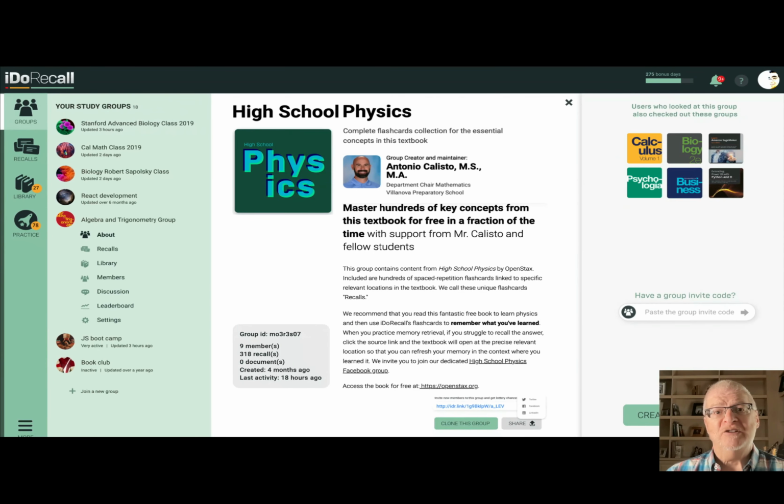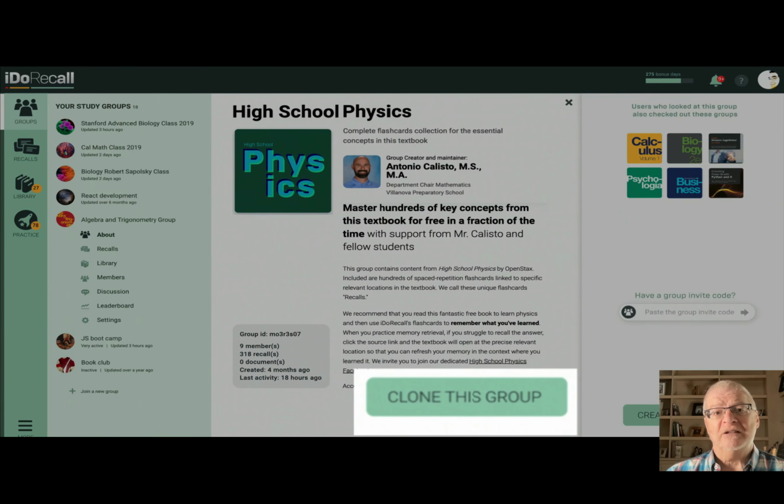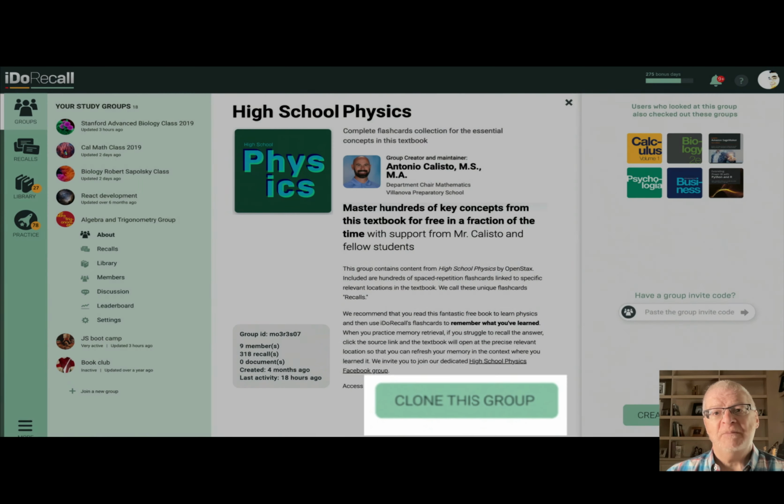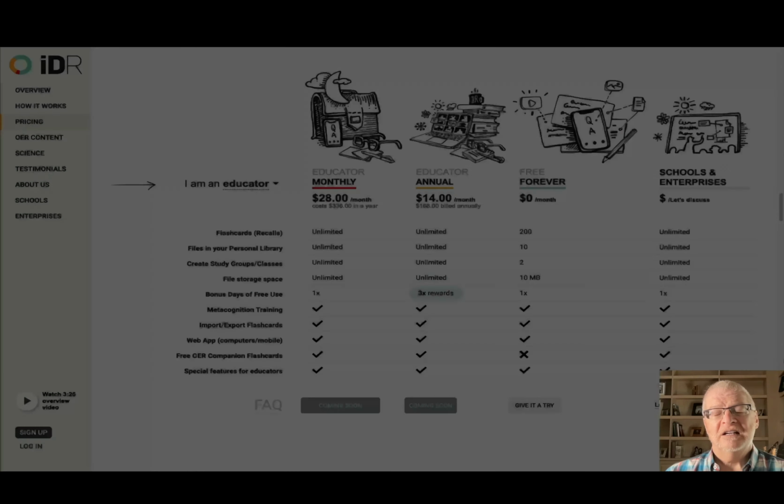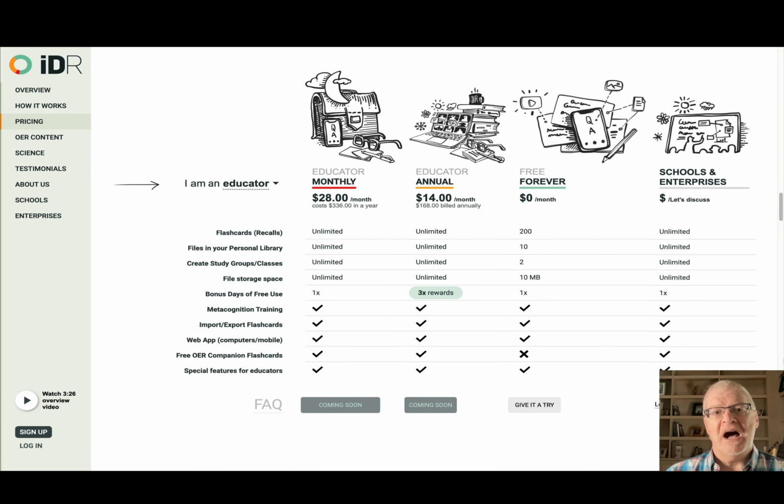If you join a group that you didn't create, if the permissions are so set, you can clone that group. Cloning creates your own copy of the group with all of its content and none of its members. If you're teaching a course, cloning is the easiest way to create your own private version of an OpenStax public group. Then you can exclusively invite your own students to join. If you have an educator's license, you'll be able to monitor the metrics and activity of your students as they use the content in any groups that you've either created or cloned.